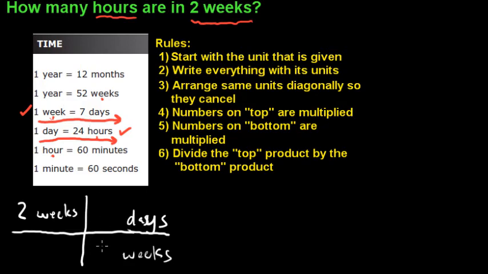And 1 week is 7 days. So I'll write 1 here, 7 here. Okay, and I got that from the chart, just in case you forget how many days go in a week. Okay, so cross weeks out, and we're left with just the unit days, but we're not done. We want to get to hours, so we extend our picket fence out, put another fence post in there, and